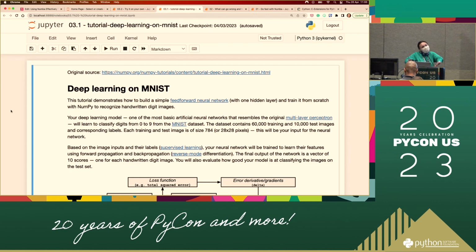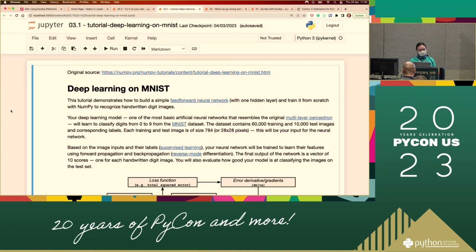Okay, it's about time we come back to the zone. Before I start, I want to do a survey, and this survey is relevant this time. Who has done this tutorial? This tutorial, by the way, is from the NumPy documentation.